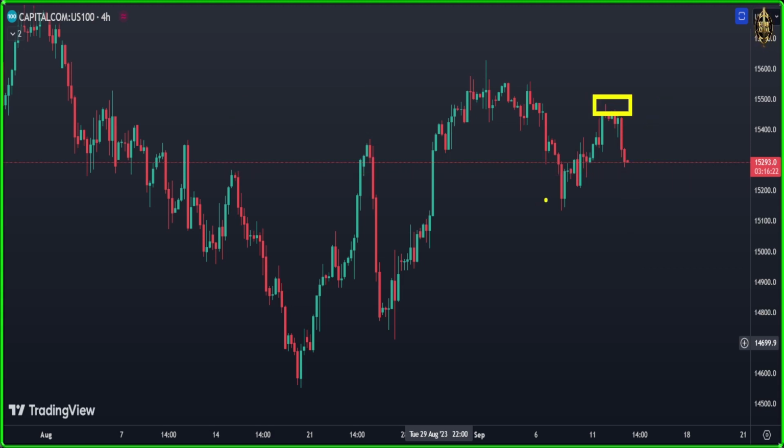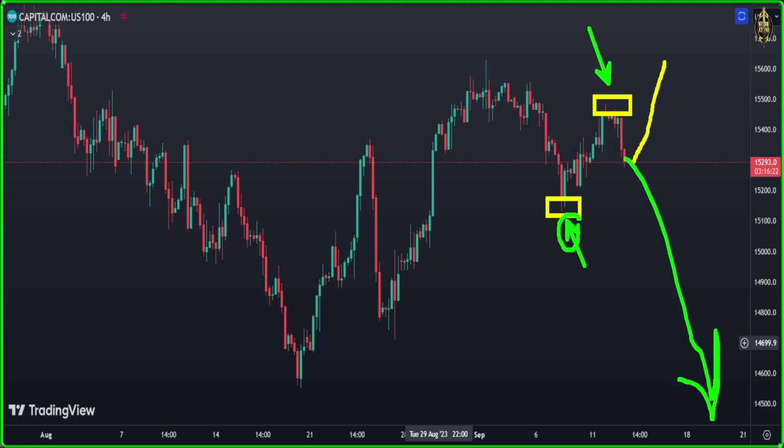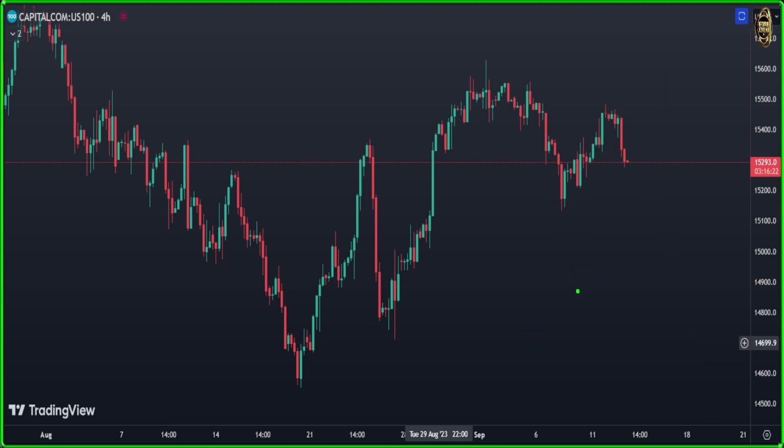You see that last high here and that low here, you focus on them, where the market is going to break. If the market goes back above here and breaks that one here, that means we're going to enter more long. If the market falls down and breaks down here, that means the market is going to fall down more than that. And I just showed you the CPI data and what the forecast is. They said it's going to come in at 3.6 like that. And if it came like that, that's very, very bad news for the US stock market.